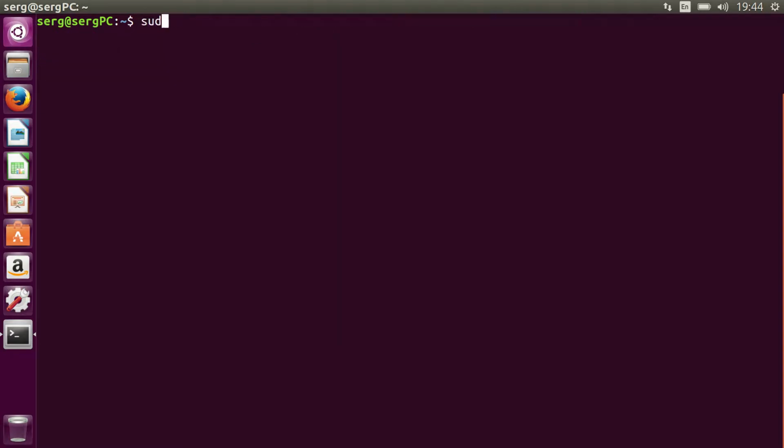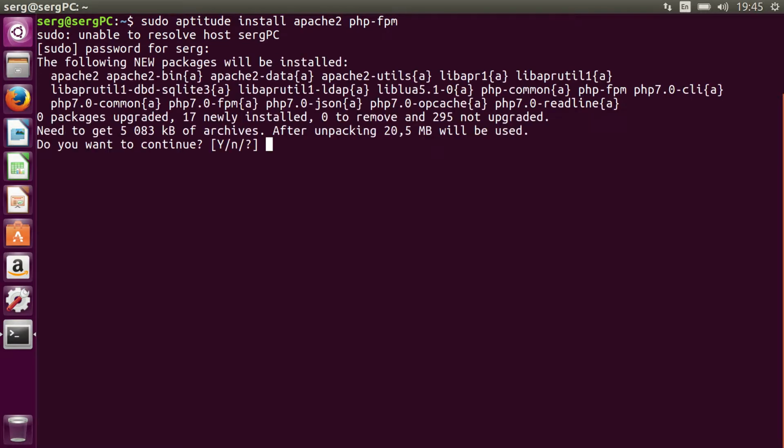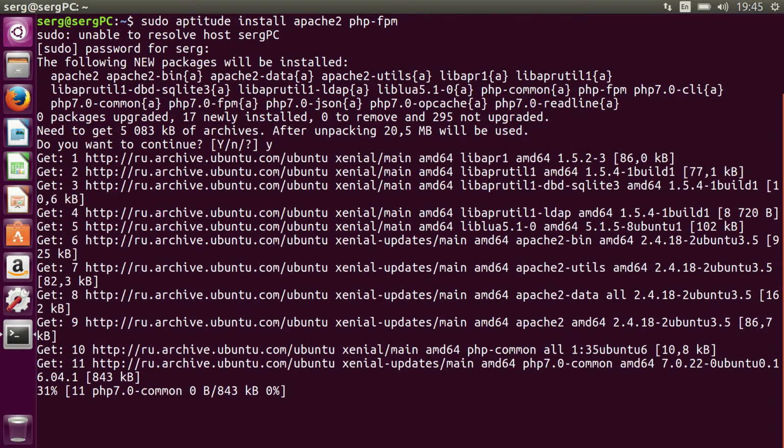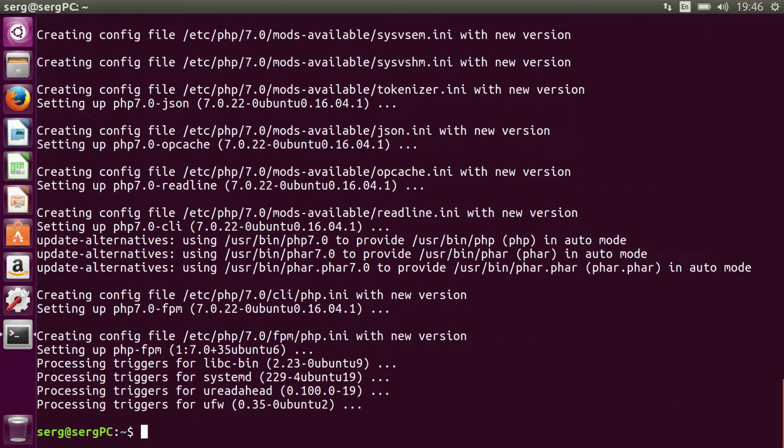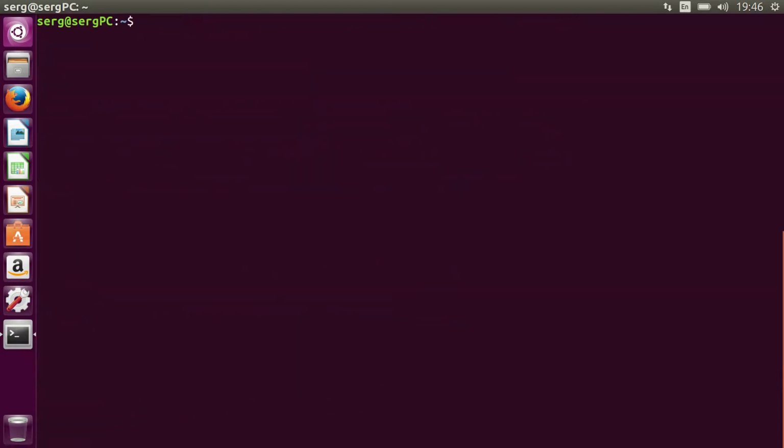To do that, simply type in sudo aptitude install apache2 php-fpm. Enter your password. And also I'd like to mention that Ubuntu 16 has PHP 7.0 already, so this is quite new PHP, so you need to keep that in mind when installing this. The installation has been completed successfully, and first of all let's check the version of our Apache, and